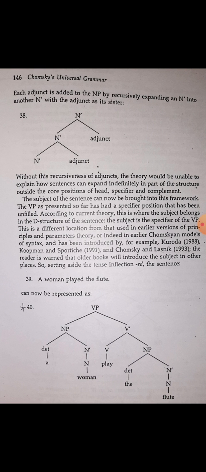Fine. So, a woman played the flute. A woman played the flute. So this is a verb phrase, played the flute. In the verb phrase, a woman played the flute, determiner a, woman. If this sentence is going to be taken as a verb phrase, in this sentence there is a noun phrase and a verb complement, and the noun phrase has determiner and woman. So he has taken it as a modifier, specifier. It has been taken as a specifier.